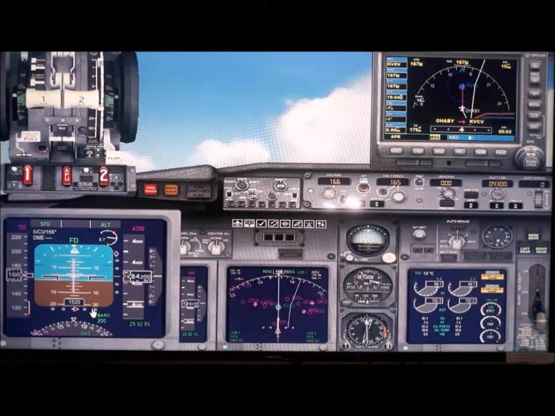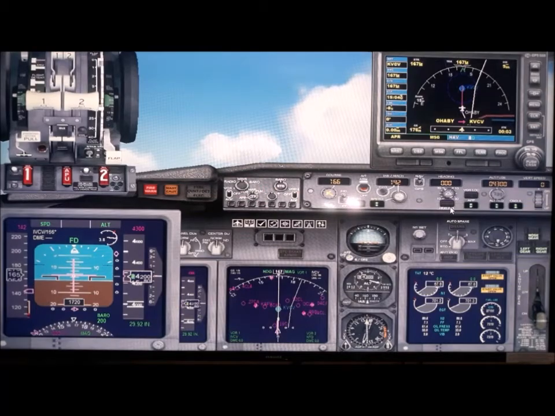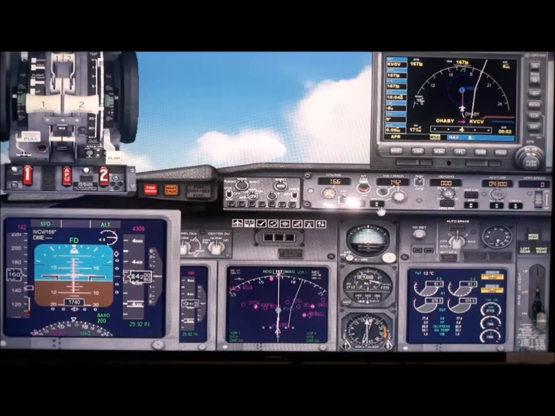See, it has already captured the center line beautifully. Now I will reduce the speed to the landing speed, which is 142, let us say. So I have set everything here. Once again, I will scan: landing gear down, altitude, this one, nav and approach, and everything is set. This is 166.